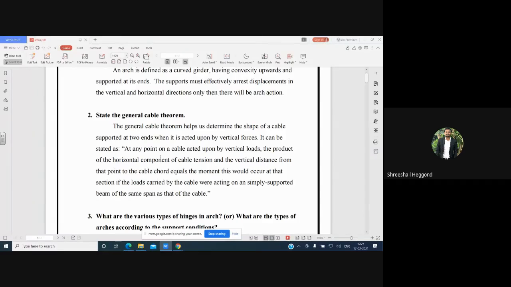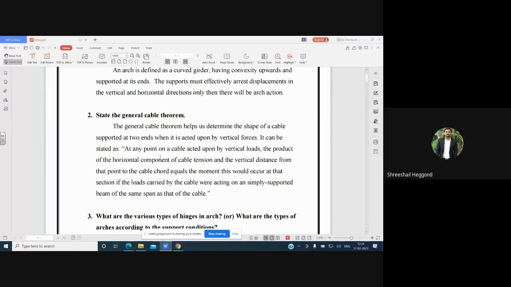Many sway bridges are there with cables where the loading will be in the vertical direction, but the cable will be supported in the horizontal directions. The cables are tied on both sides, and in the middle there is vertical loading, either vehicle movement or people's movement on the sway bridges.